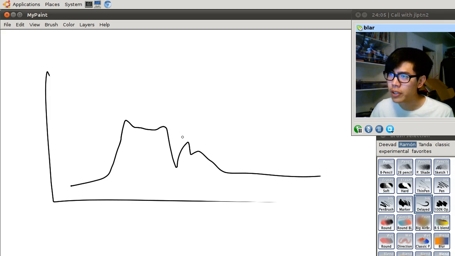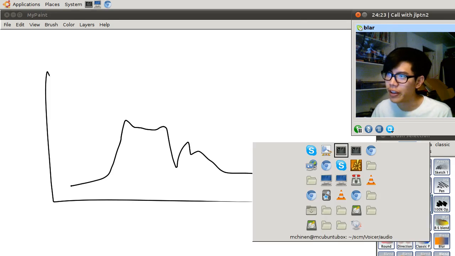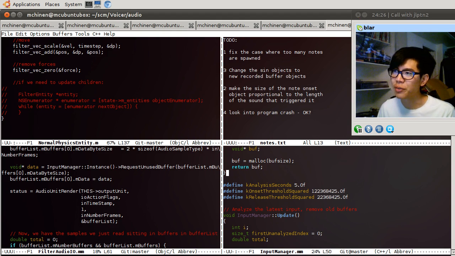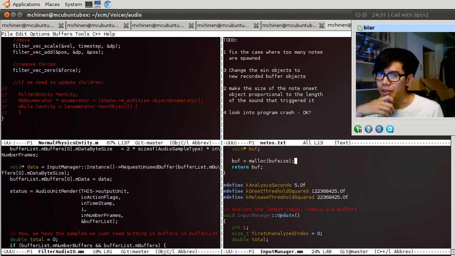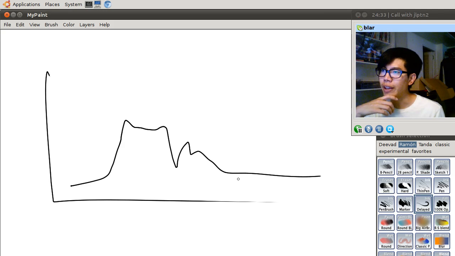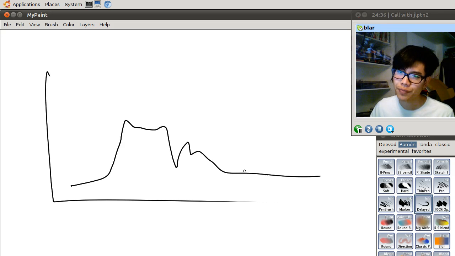And this gap could be really, really small. And what we could do is just disallow really tiny gaps and say there's a minimum period. And also, this is a really, really anal area of the design, so I'm gonna just skip it for now until I find some concrete examples where things are happening. But the one that I think will be good to have is right after a sound finishes, wait a little while